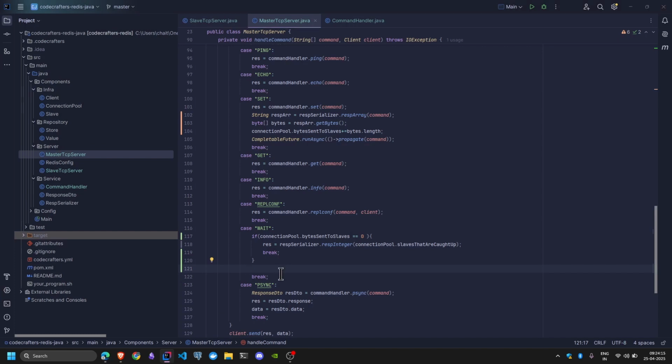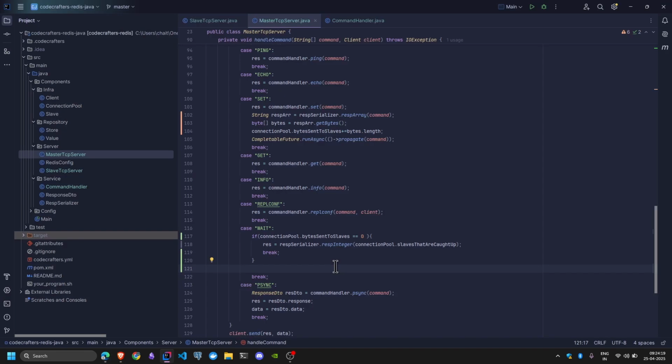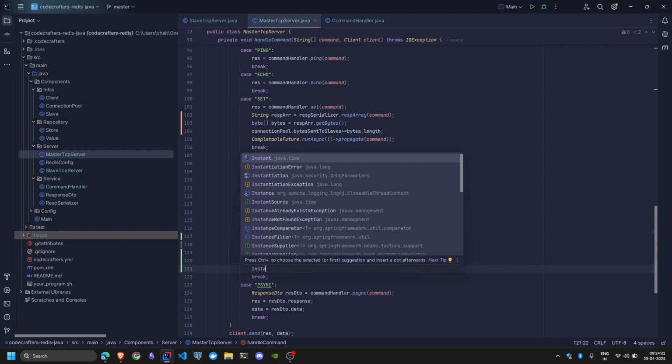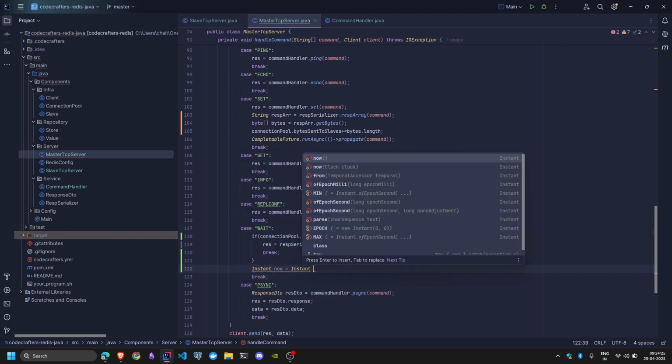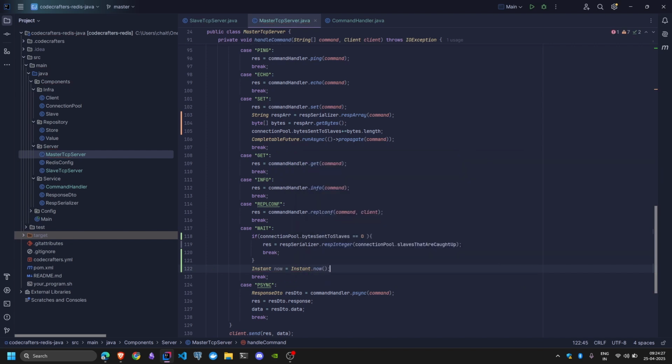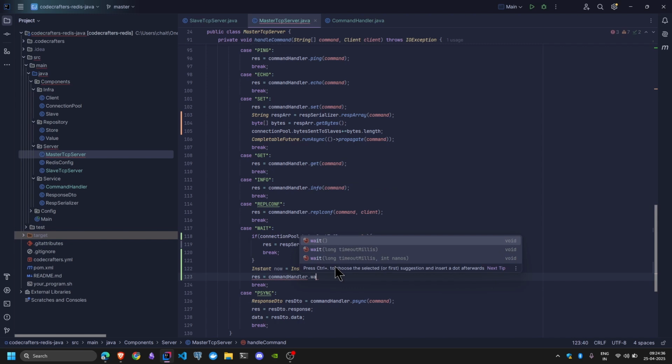So we need to wait for 500 milliseconds. That's what this 500 means. So we need to start a timer, and I'll use Instant for it. Instant now equals Instant.now(). All right. And then I'll create a new method in my command handler, wait, and I'll pass the command